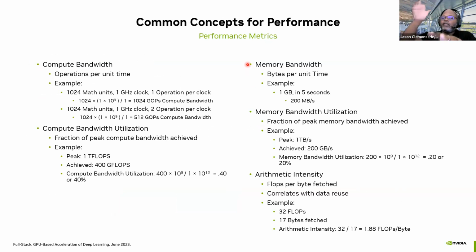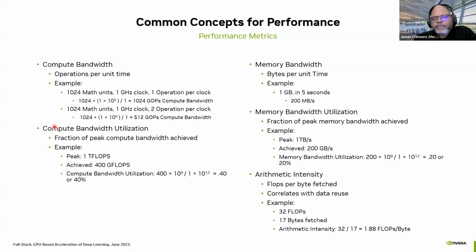Now, beyond the throughput versus latency, there are some other things that are pretty useful for understanding the performance of what's going on in your DL hardware. One is the compute bandwidth. This is basically how many math ops you can do over time. If you've got 1,024 compute units, a 1 gigahertz clock, and you do 1 operation per clock, you can all figure this out. That's basically 1 teraop, right? If you do 2, well, that's